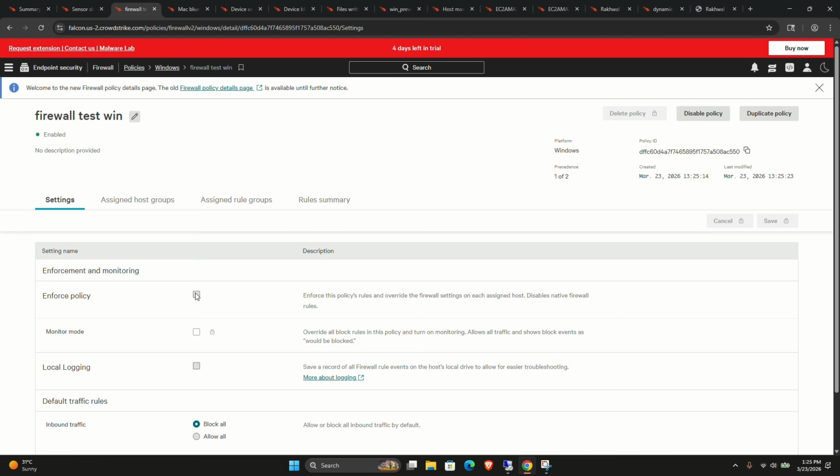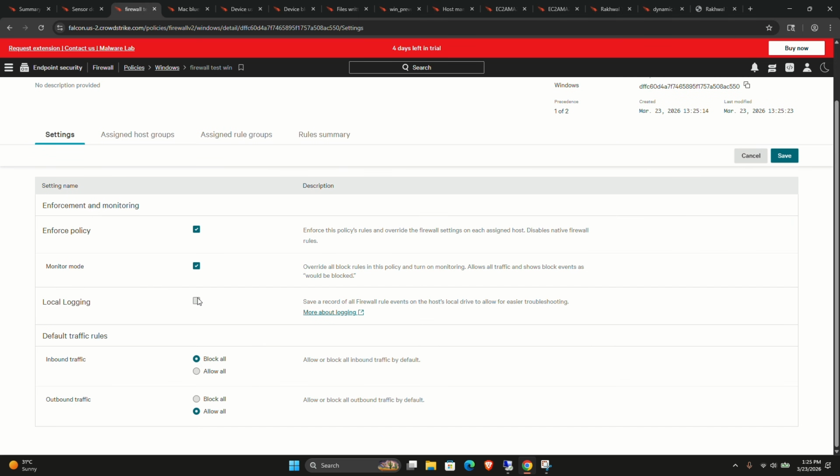Now, hopefully, you will understand this. There will be options to enforce policies or keep it in monitor mode. We are enforcing it. Local logging, okay, block all the inbound connections or block all the outbound connections. If you block all the inbound traffic,